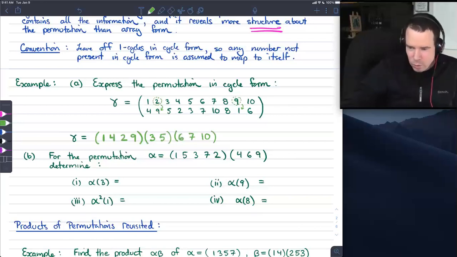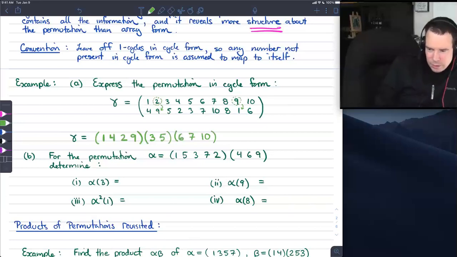So that deals with 1, 2, 3, 4, 5, 6, 7. 8 is not done yet. So I look up and I see, oh, 8 goes to 8. So that's going to be a 1 cycle. I'll leave it off. 9 is already done. It's in my first cycle there. 10 is already done. So I've dealt with all the numbers, and there's my